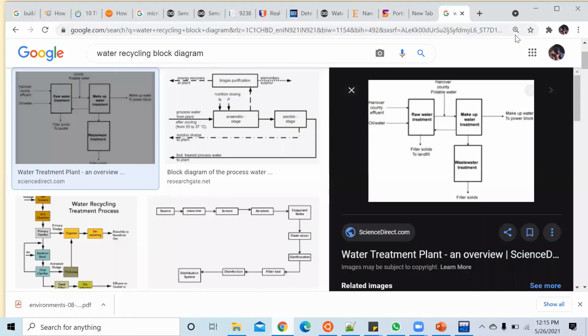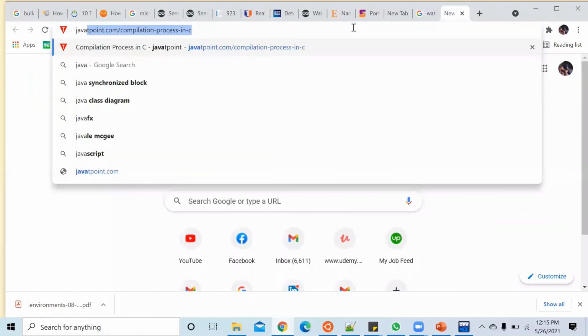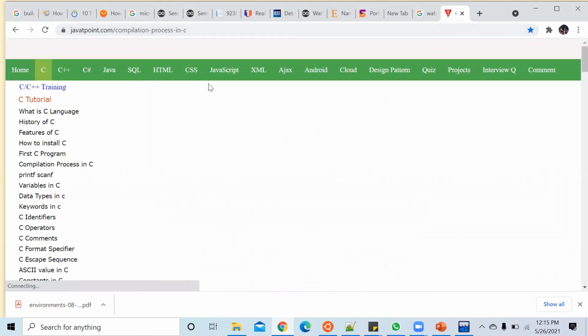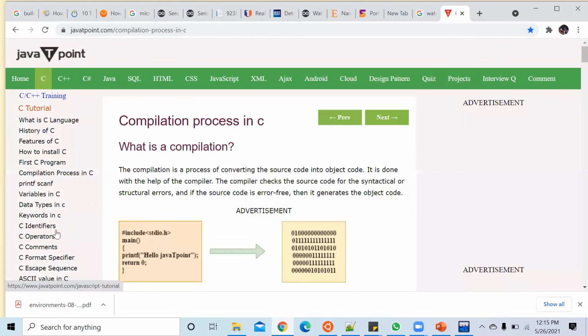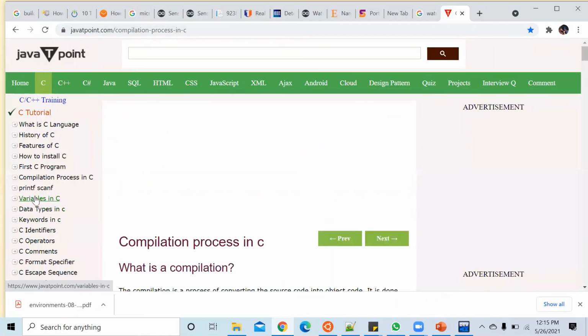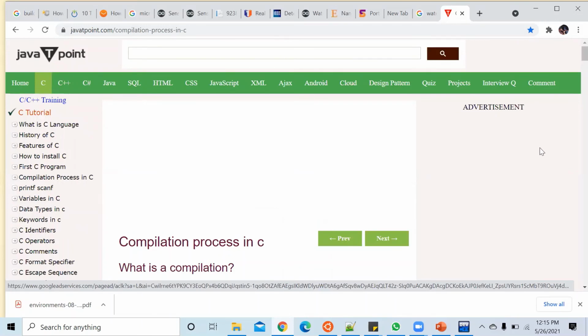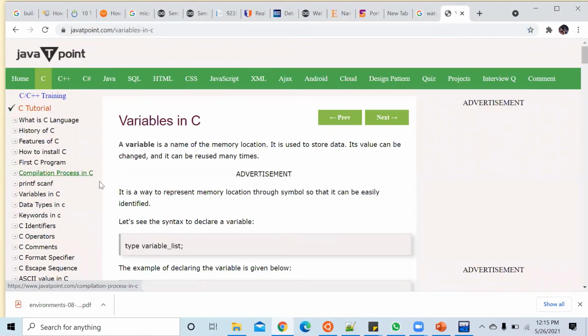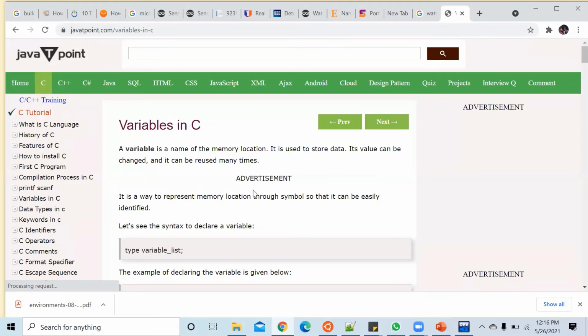So I had shared one link, Masood. Do you remember what was that? A Java pointer. Sir, Java point. Yeah, they're going in the same way. Variables actually. Nitish, I think you also have this link, right? Nitish and Akshay. I hope you will be looking at this when you finish the classes. Yeah.